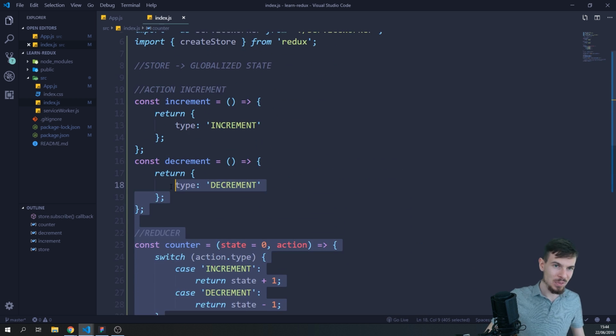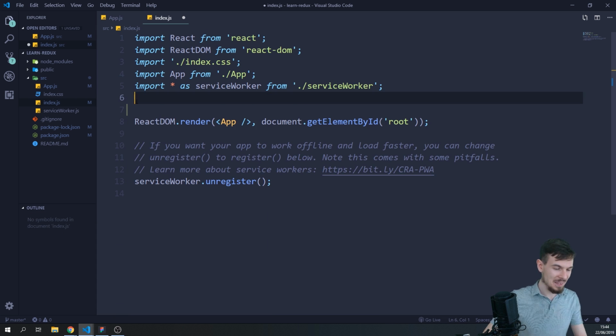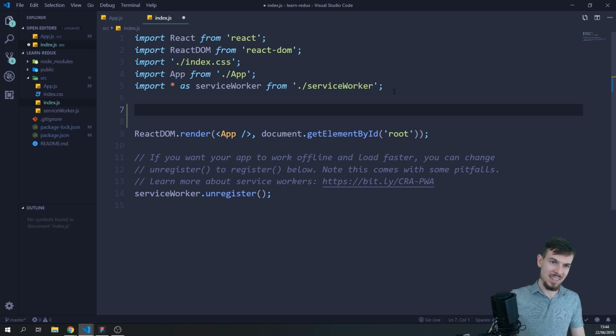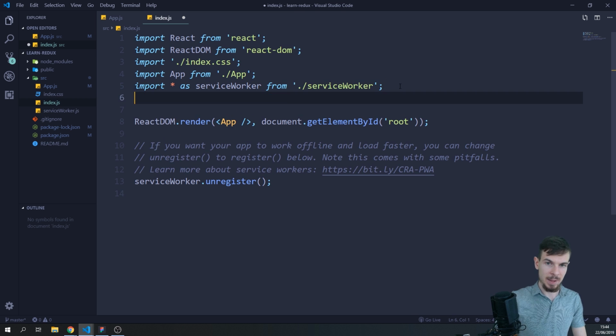So let's start from scratch and hope everything is going to make more sense, because with this, I feel like just exercising and practicing this is going to make it easier for you. Okay, and we're also going to add one additional thing. So this is how I usually do it. You're going to find different ways that people do it, but usually I like to add my store in here in index.js and then separate each reducer and action in individual